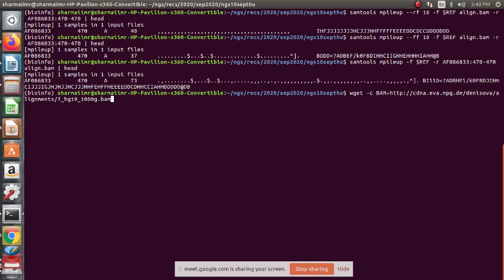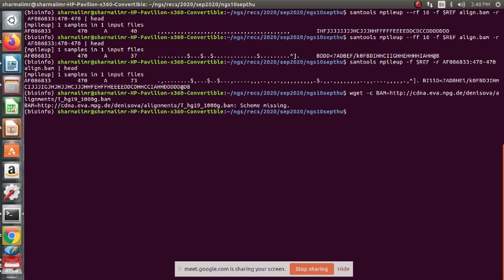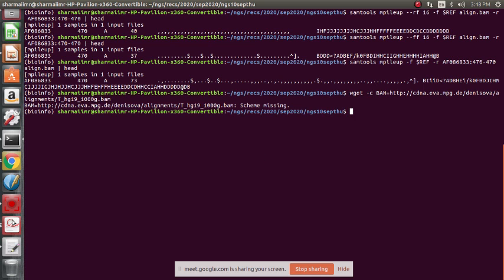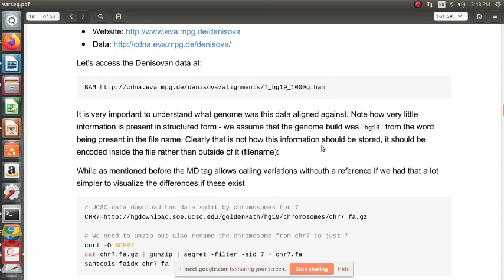Okay, this automatically is being called as a variable. The variable is this.